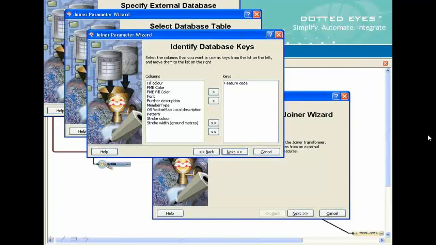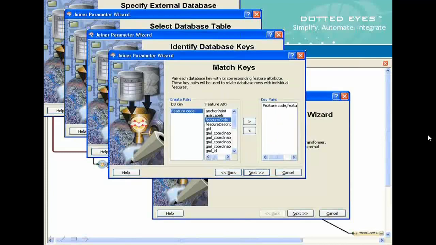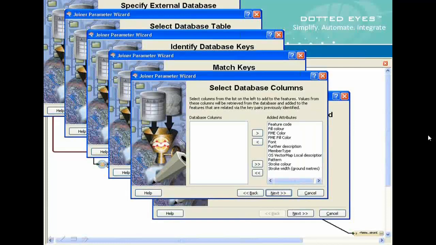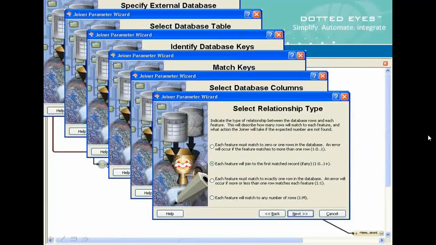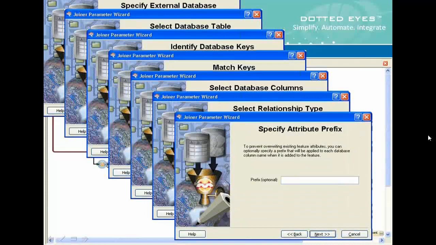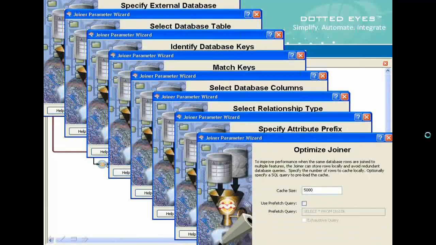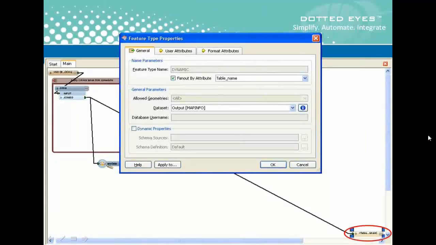Say that the unique key in our data is the feature code, and that's also the name of the foreign key we're going to use to join it to. And then all the other attributes from the spreadsheet will be picked up and attached to each feature. Then I'll just click through the other steps in the wizard by default, and now I'll go back to the